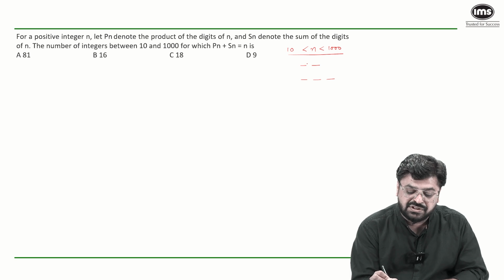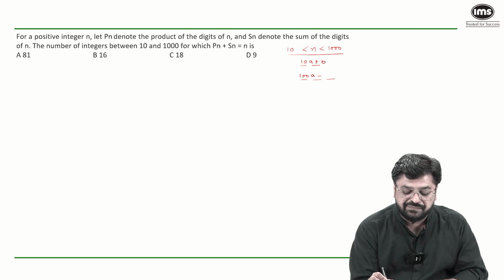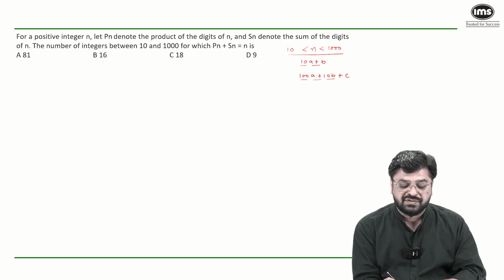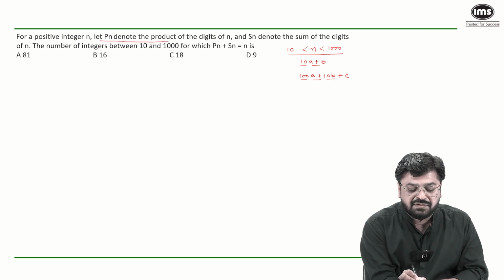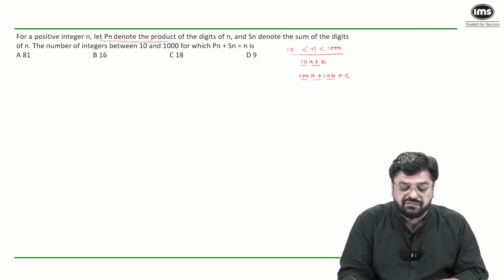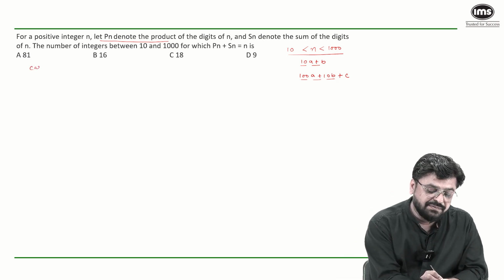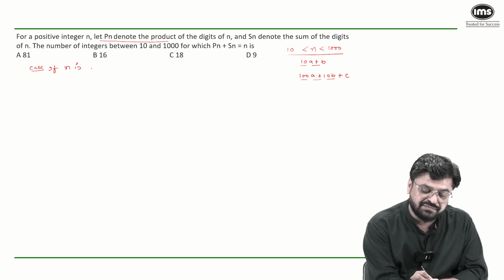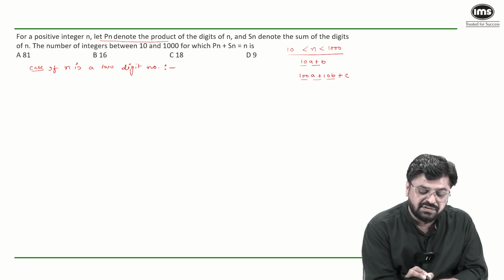How do we write a 2-digit number? We write a 2-digit number as 10a plus b, and a 3-digit number we write as 100a plus 10b plus c. So let Pn be the product of the digits of n. First case, case 1, if n is a 2-digit number, if it is a 2-digit number, then